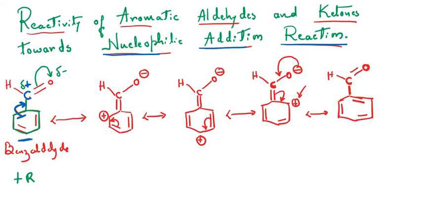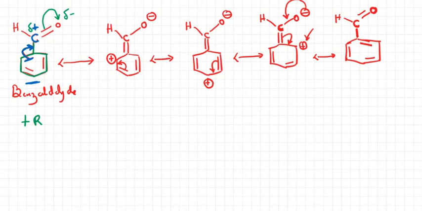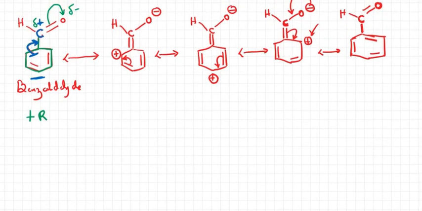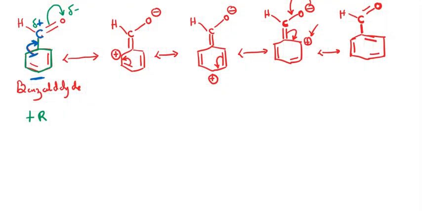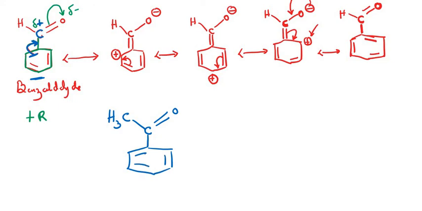Is it clear, students? If you see the next part, with respect to aromatic ketones, I'll write one structure of acetophenone. Acetophenone could be represented as CH3 single bond, then C double bond O, then the benzene ring. In the case of these aromatic ketones, what happens, students, is that first, this pi bond is polar, this will go here and this oxygen bears a negative charge. Meanwhile this carbon bears a positive charge. But this positive charge is compensated by two types of effect.